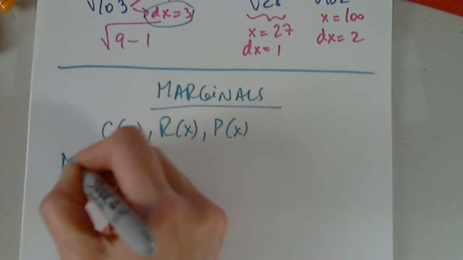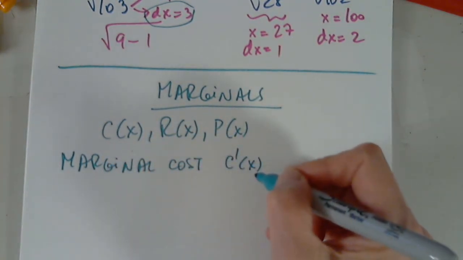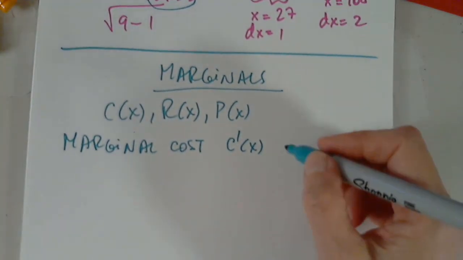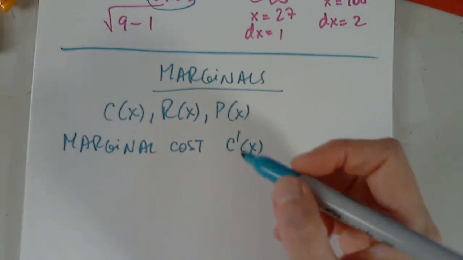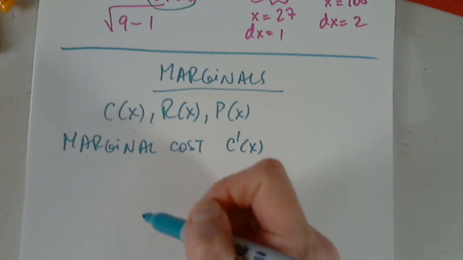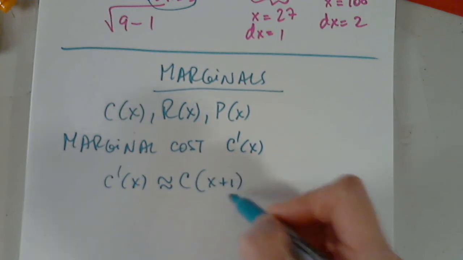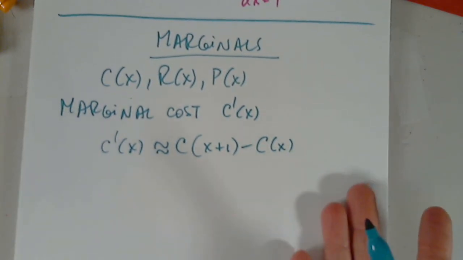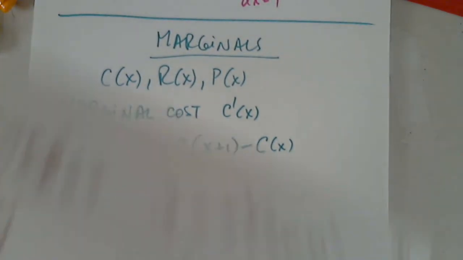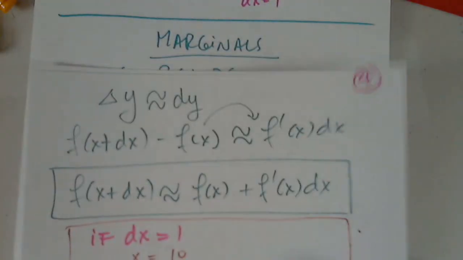So what is the so-called marginal cost? It is c prime of x, and it's the approximate cost of the x plus first term. So in other words, when we write c prime of x, this is approximately c of x plus 1 minus c of x. Where does this come from? Three pages ago, I thought it was 2, but it's 3. It comes from here,